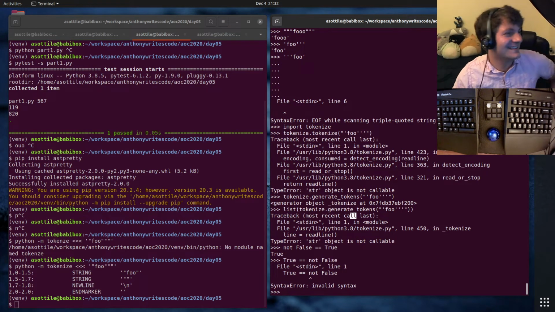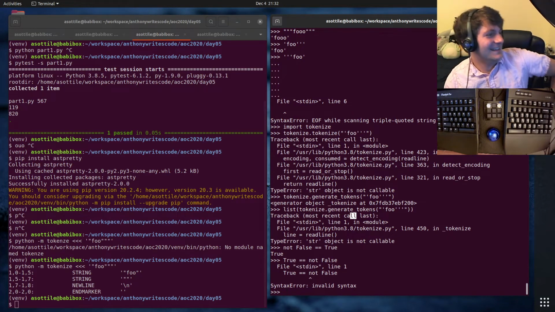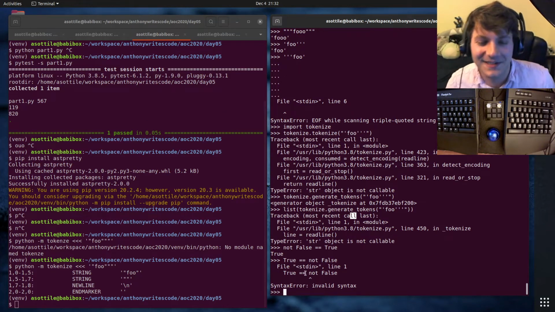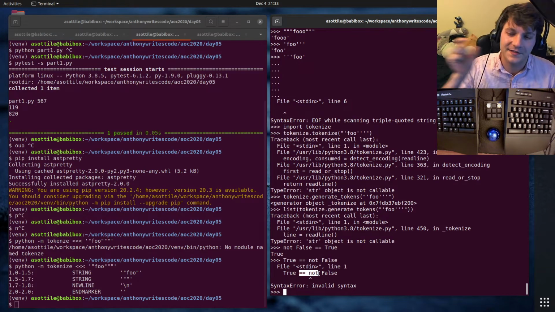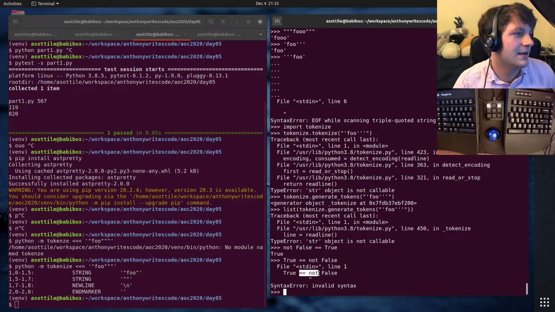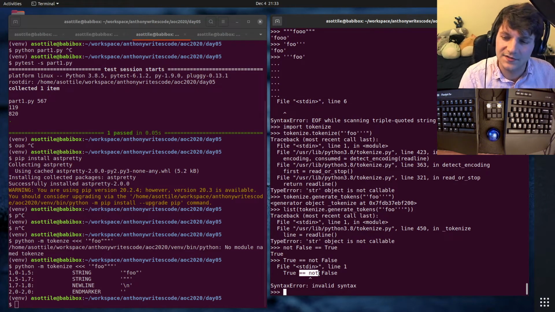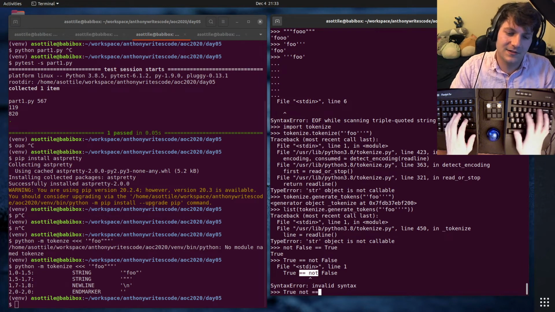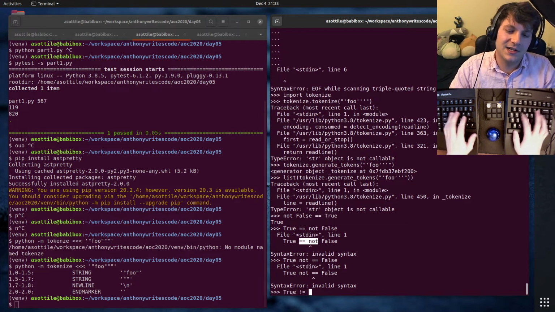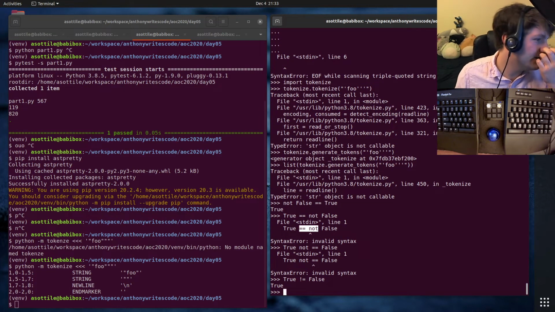Because Python. And the reason for this one is Python has special handling for the not operator being a compound word phrase for things like is not, and actually it's just for is not, right? Should it be true not equals false? No, that doesn't work either. It would be true does not equal false. That's how you spell that in Python.